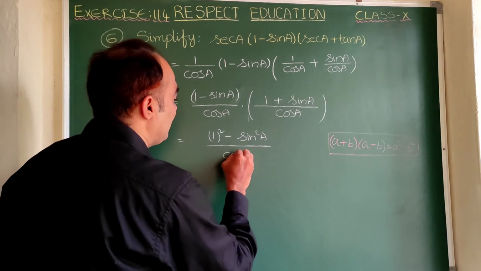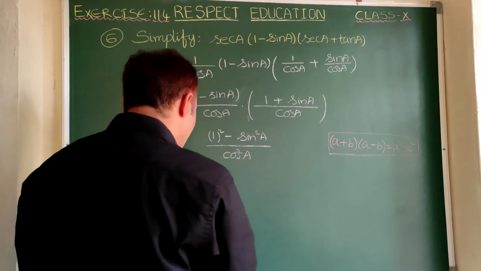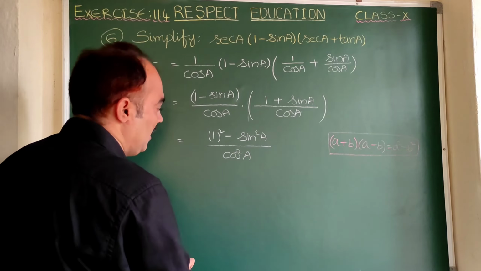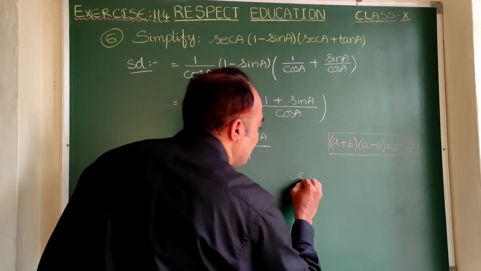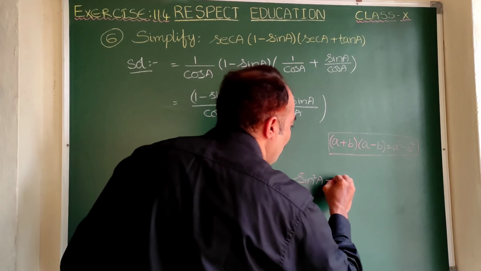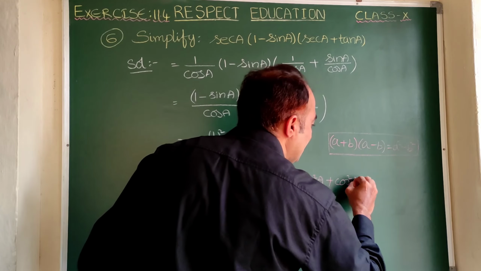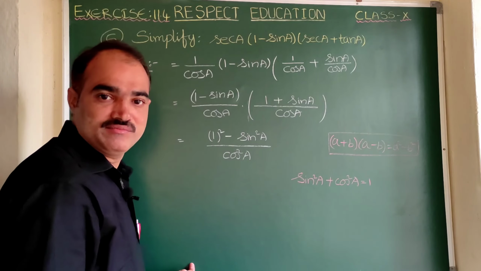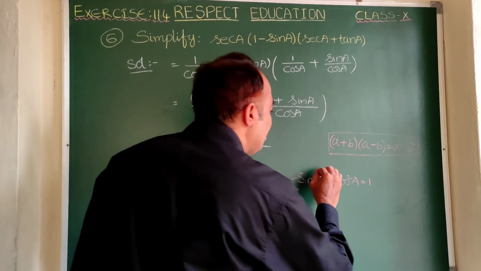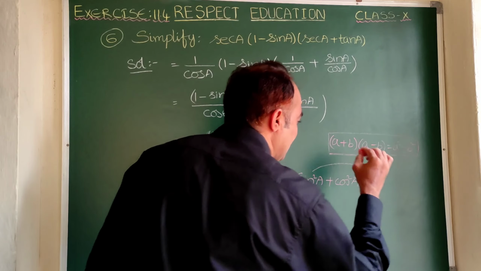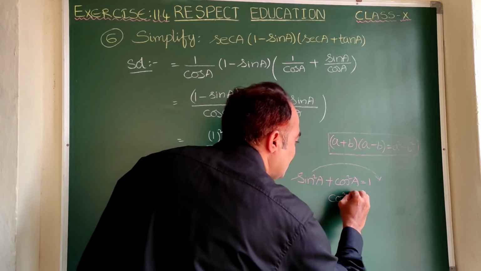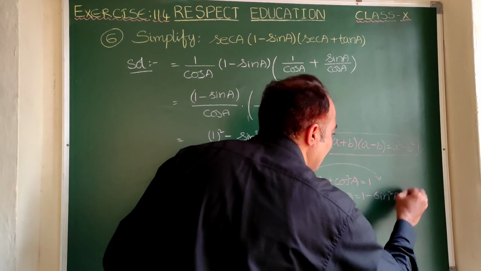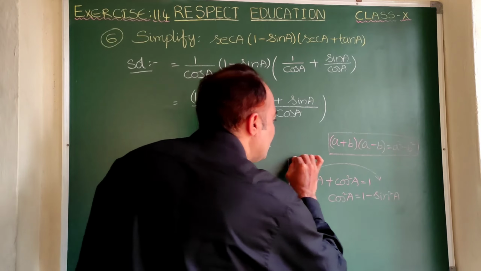Cos square A. From trigonometric identities, we have a formula, that is sin square A plus cos square A is equal to 1. This is the trigonometric identity 1. Clear? Now here let us send this sin square A to right side. Now here cos square A can be written as 1 minus sin square A. Based on this formula,